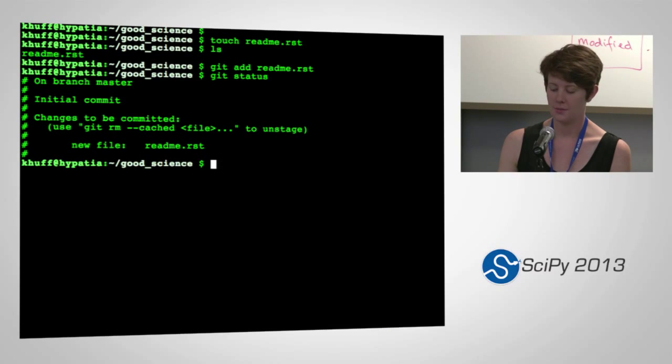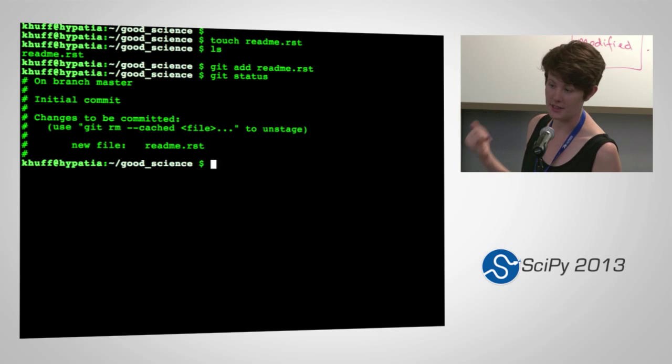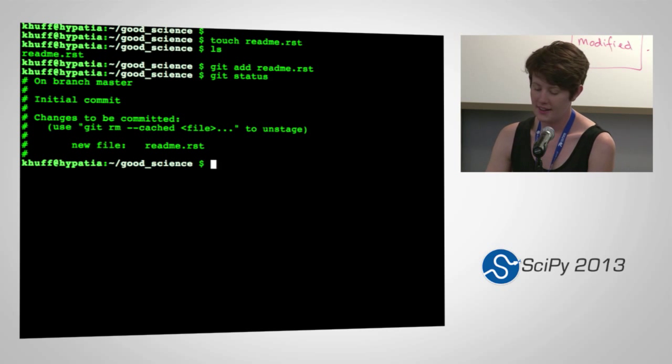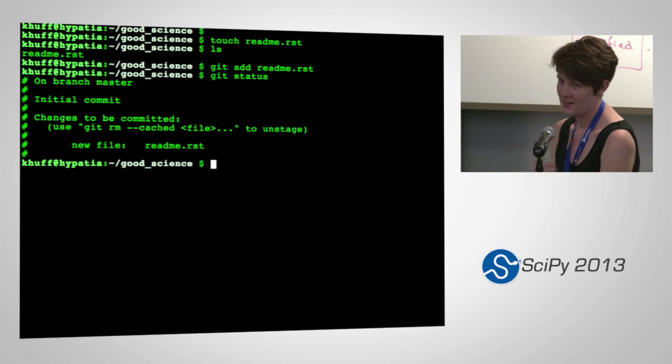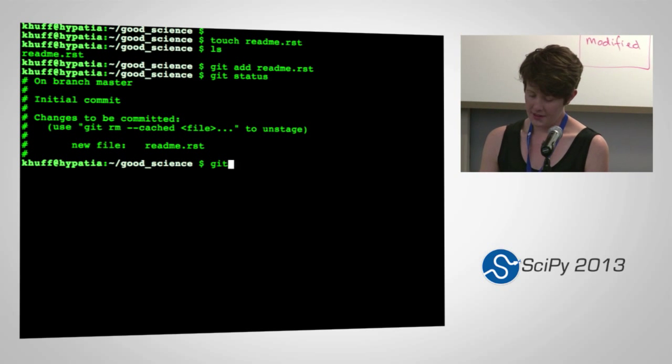It says this is an initial commit. So this is the first, we're staging the first commit in this repository. And you can read these, and it's very helpful usually. Changes to be committed. There is a new file called Readme, okay? And in order to unstage it, you can use git remove, which we'll go over. But in order to commit it,